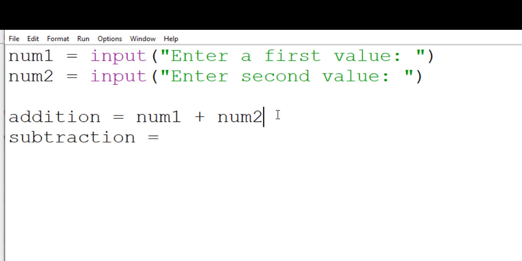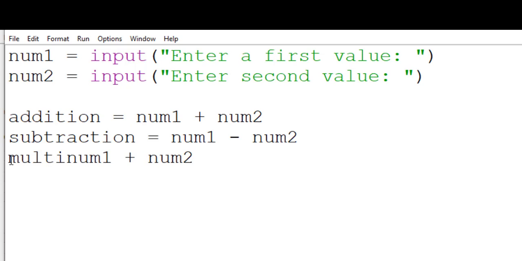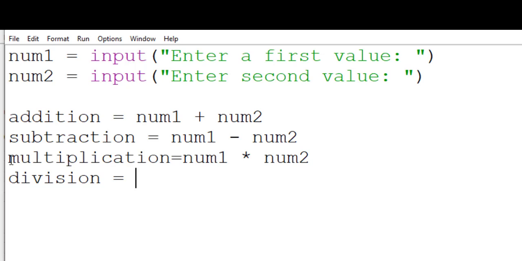Then you just simply copy this one and replace it with your minus symbol. So I'll copy this one and replace it again with multiplication. It's a very long process. Let's add it here like that, and then division. Simply put this way. So this is just a common example, very basic. So you just simply print,